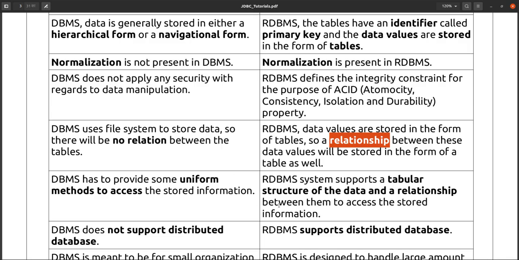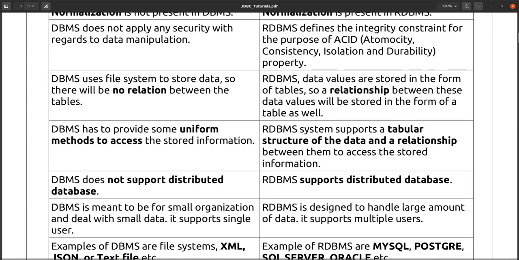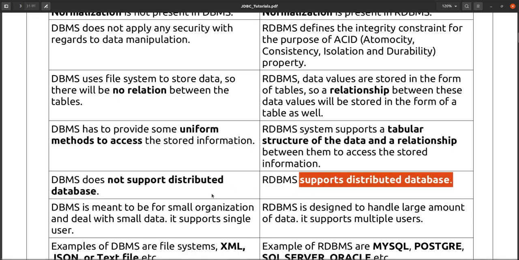DBMS does not support distributed databases, but RDBMS does. Distributed means more than one database will be there in your application, and you have to communicate with more than one database, so you have to handle that transaction very carefully.